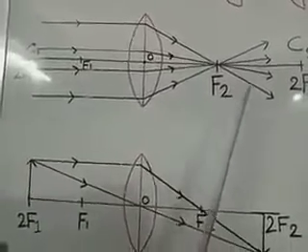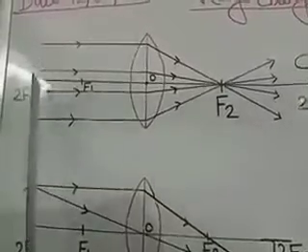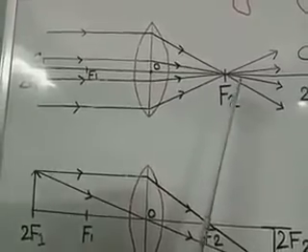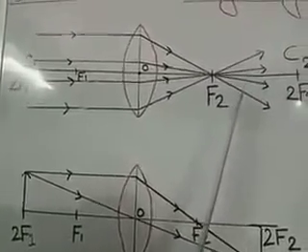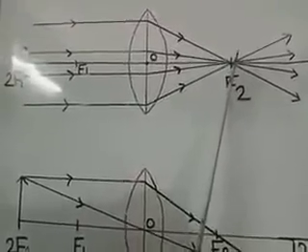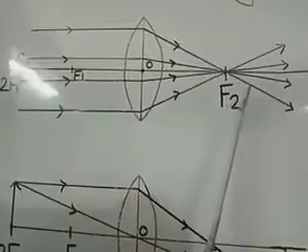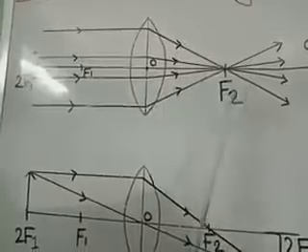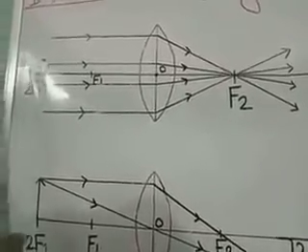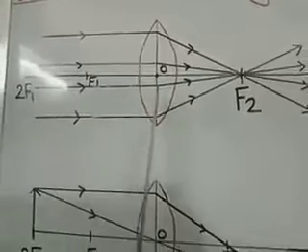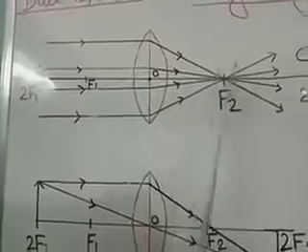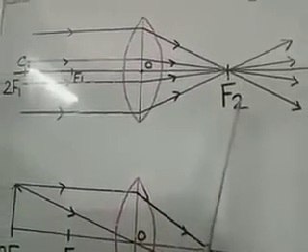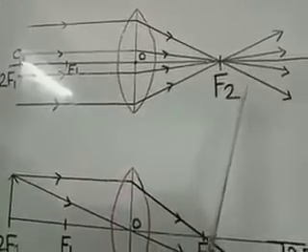It is real. Always keep in your mind, if the object is on one side of the lens and the image is on the other side, then it will be real. A real image is always inverted. Since it is a point object, you cannot see it, but since it is real, we'll consider the image to be inverted. Then what do you conclude? When the object is at infinity, a parallel beam of light is incident on a lens, after refraction they will meet at the focus, the image will form at the focus, and it will be diminished, real and inverted.